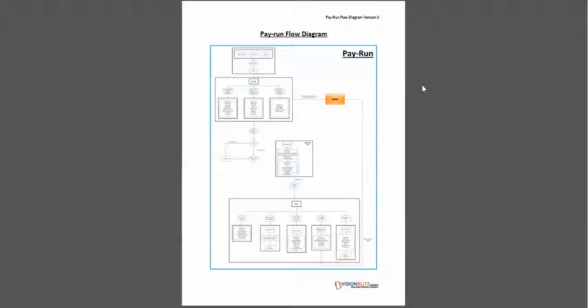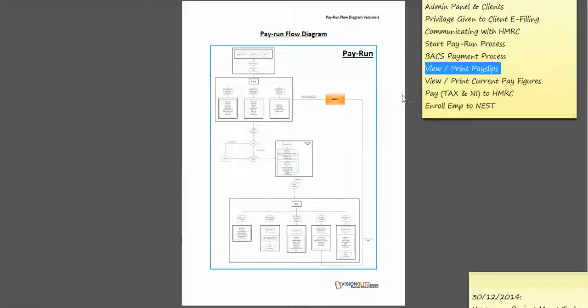In this video, I am going to specifically explain the parent process of the payroll system. The document seen here is the parent process flow diagram document. So what are the things we are going to see in this document is